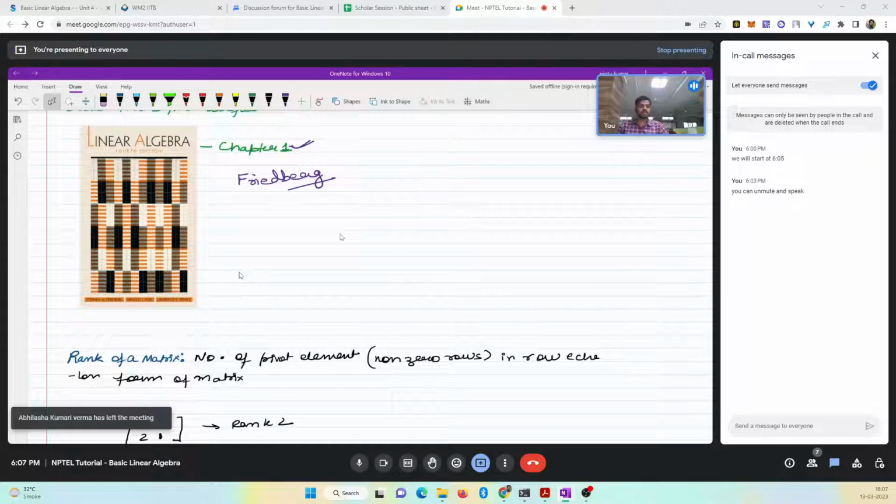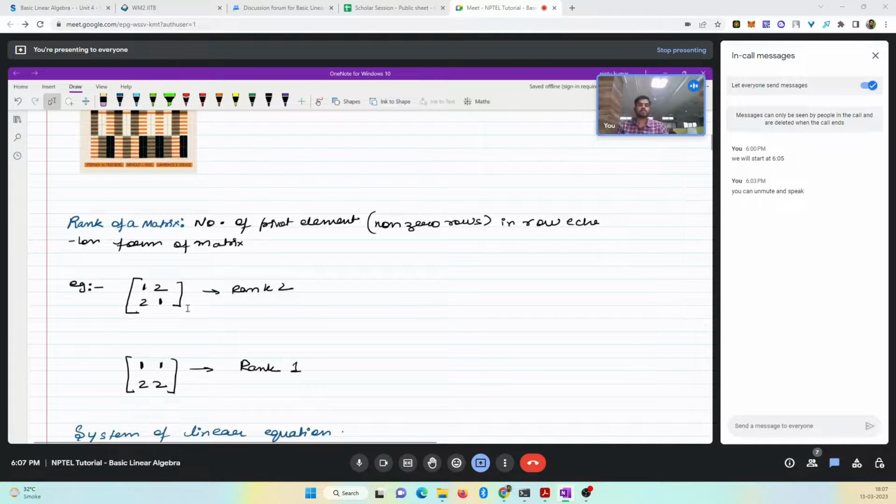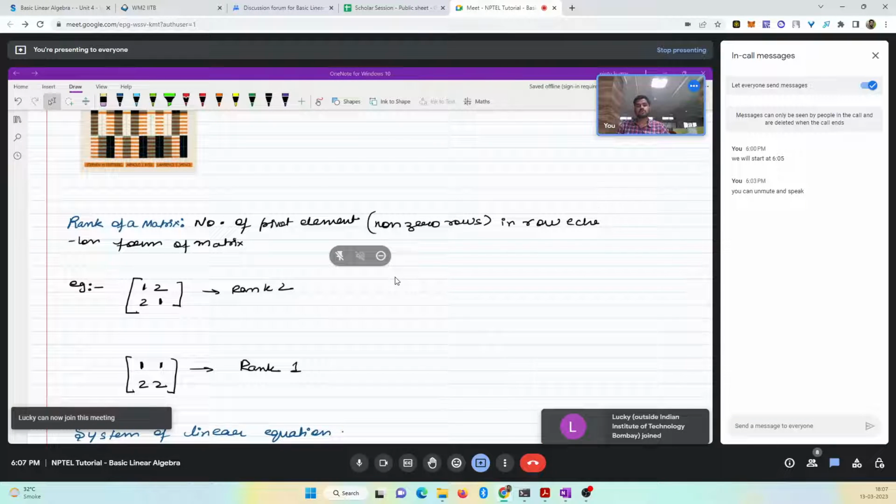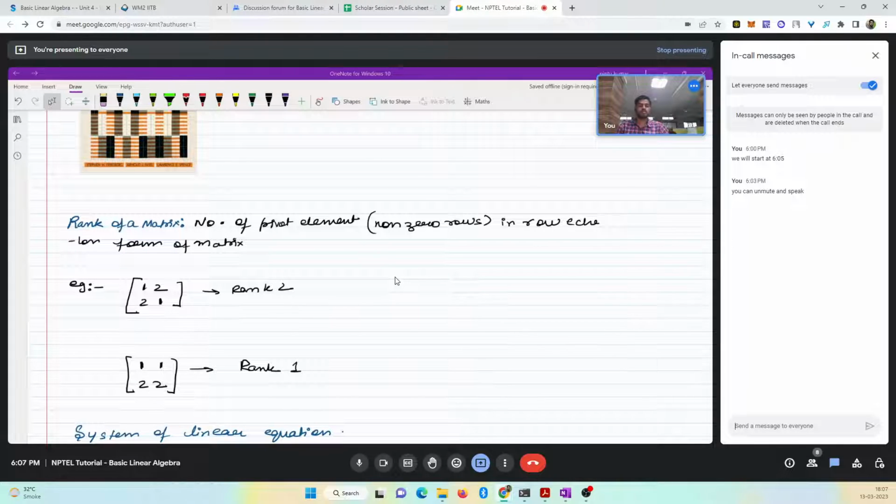Okay. Last time when we had a session, we talked about matrix representation of a system of linear equations. Our main goal was to solve a system of linear equations, and we learned how to write those systems of linear equations in the form of matrix representation. So today we will try to generalize some of the theory around matrices so that we have better tools to solve those systems of linear equations. Okay. Last time, or in the first week,